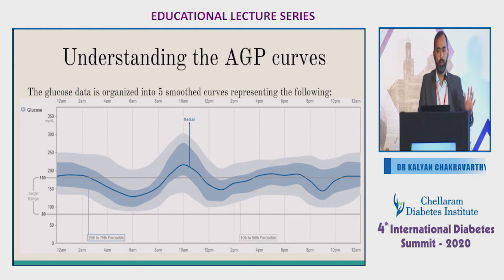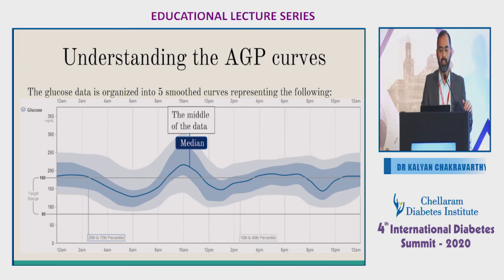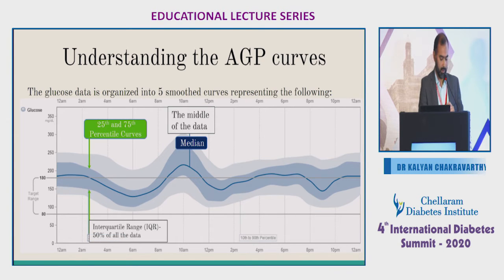So, how to interpret the AGP? Well, first is the dark blue line, which starts in the middle. That is the median, the middle of all data. The median is the line where if you put a dot at 12 p.m. or at 11 a.m., you put a dot at a point where 50% of data is above and 50% of the data is below. Not mean, but the median data. So you join all the medians over time and you get a median line.